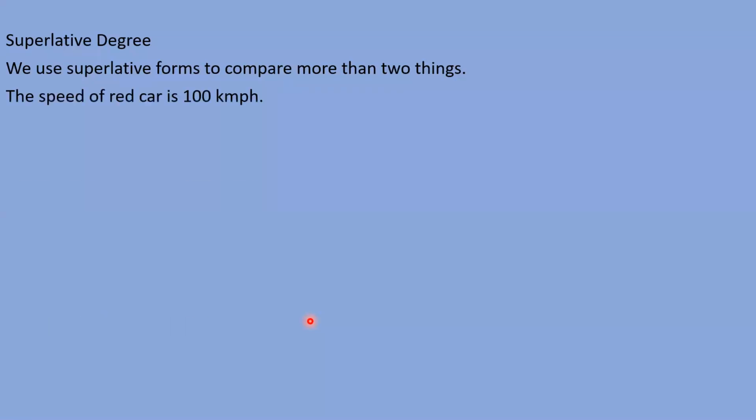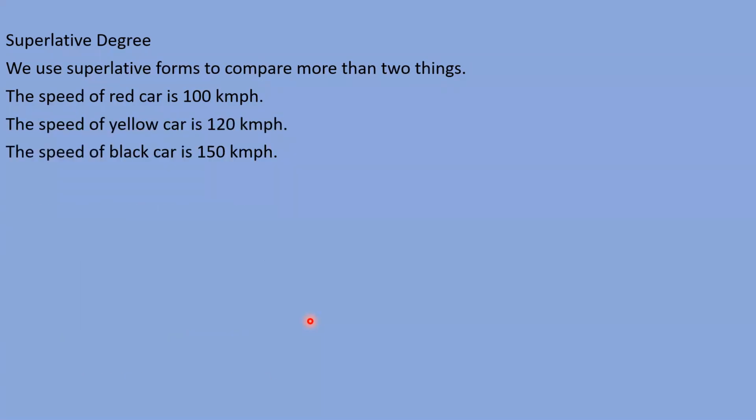Like, the speed of the red car is 100 kilometers per hour. Suppose that you have a car, the color of the car is red, and that red car's speed is 100 kilometers per hour. And suppose that you also have a second car, a yellow car, and the speed of the yellow car is 120 kilometers per hour. And suppose your third car, a black car, has a speed of 150 kilometers per hour,